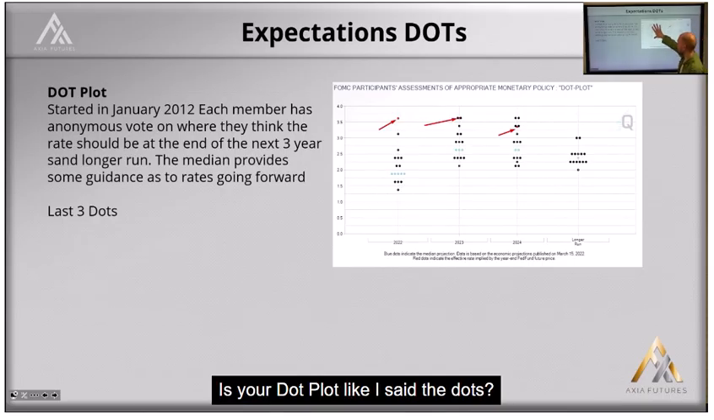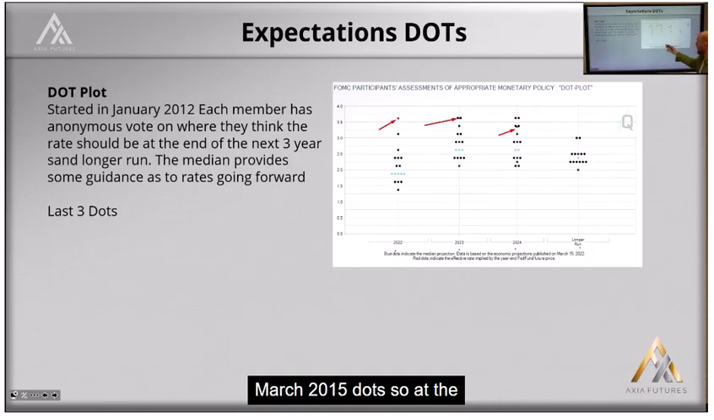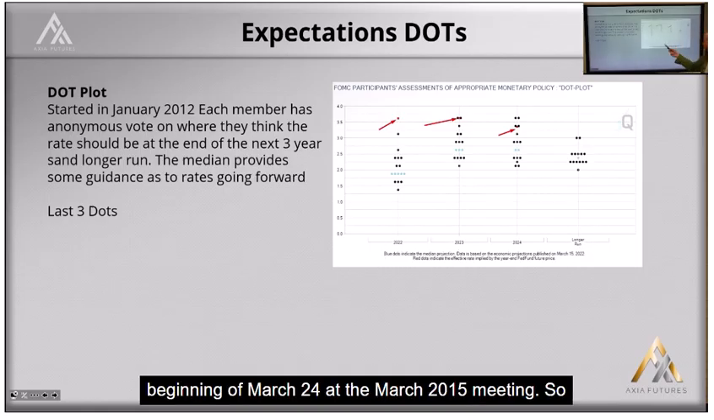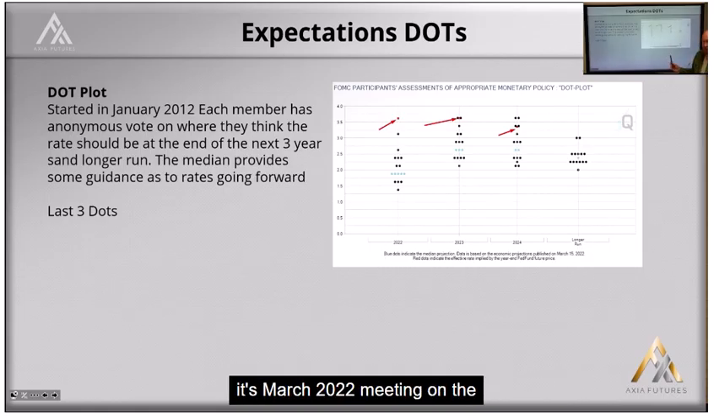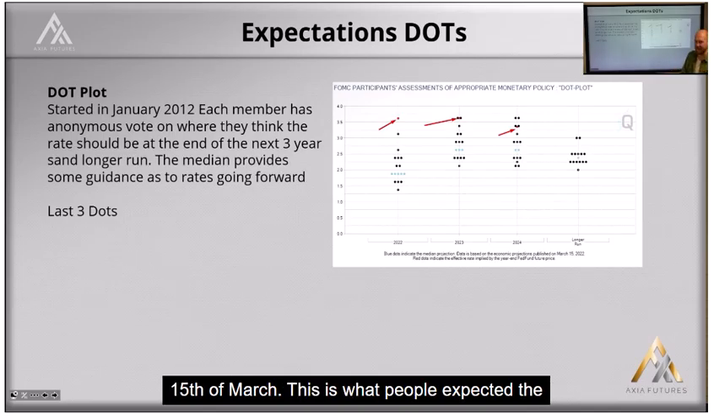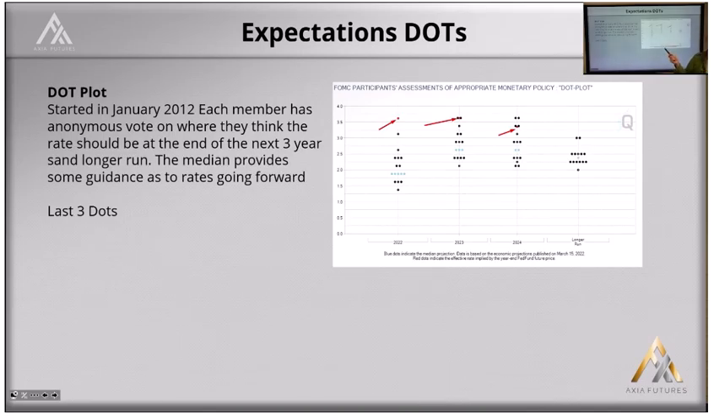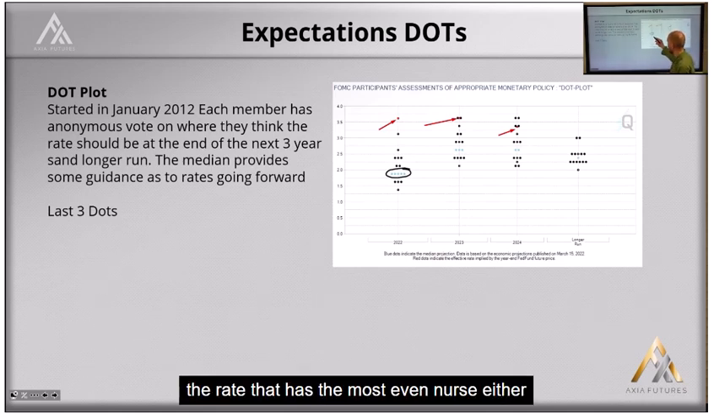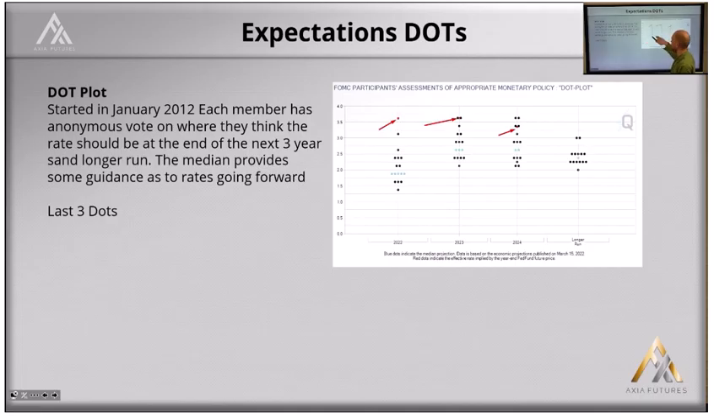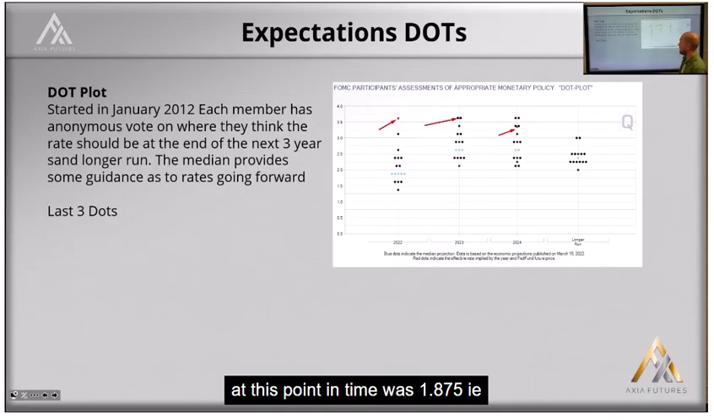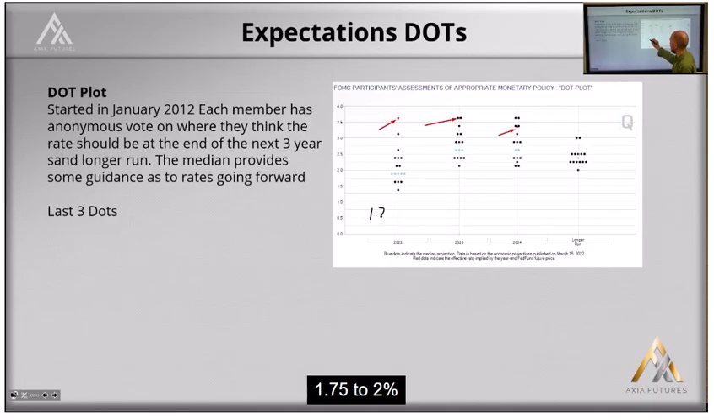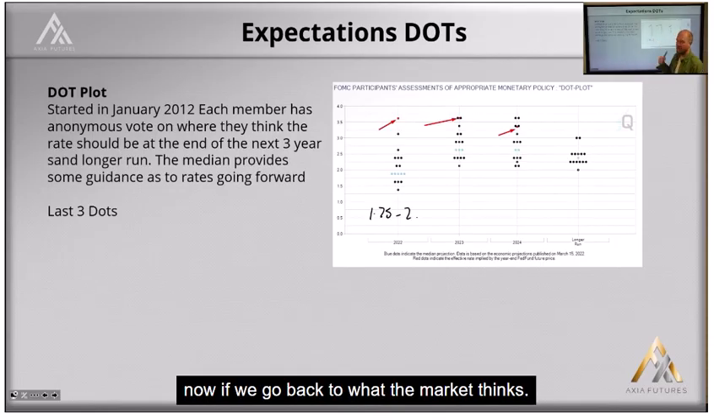Like I said, each dot is one member's view of what the rates will be at the end of 22, 23, 24 and the long run. These were the March 2022 dots. So at the beginning of the March 2022 meeting on the 15th of March, this is what people expected the rates to be. The median rate, the rate that has the most evenness either side of it, at this point in time was 1.875, i.e. 1.75 to 2%. Now, if we go back to what the market thinks